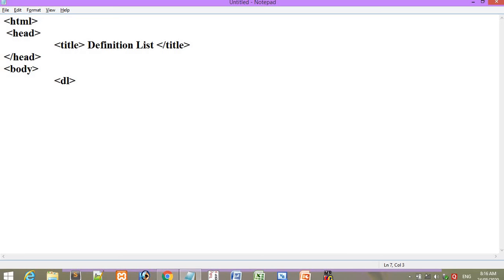But here we don't have to use the LI tag, because here two things are there. The first one is the definition term, that I showed you in computer, and the second one is the definition description. For that purpose, we are using the DT tag for the definition term.